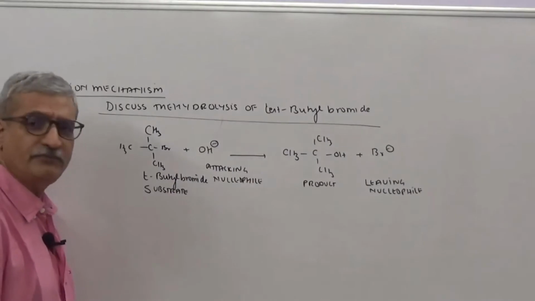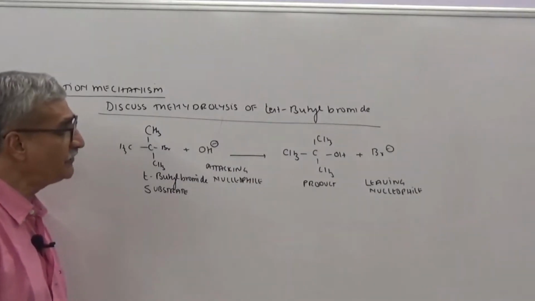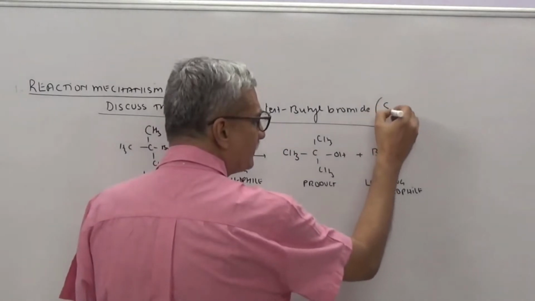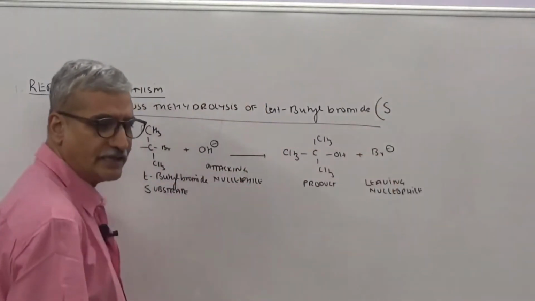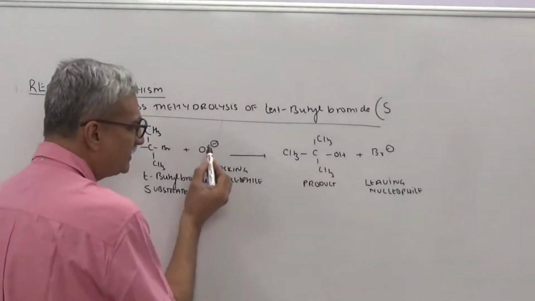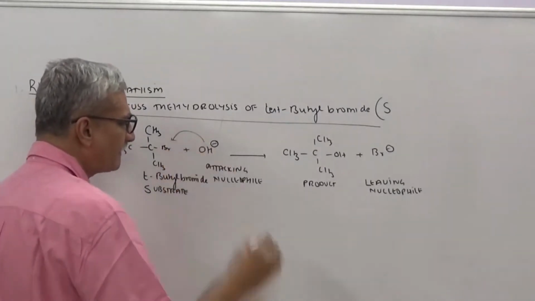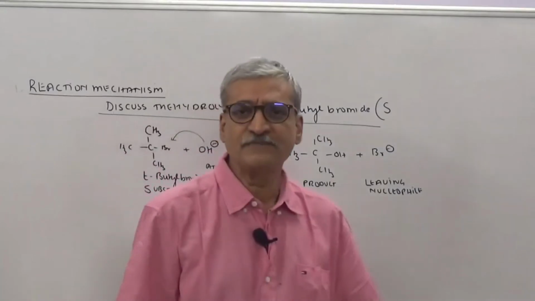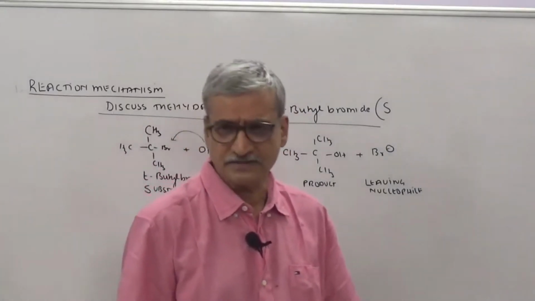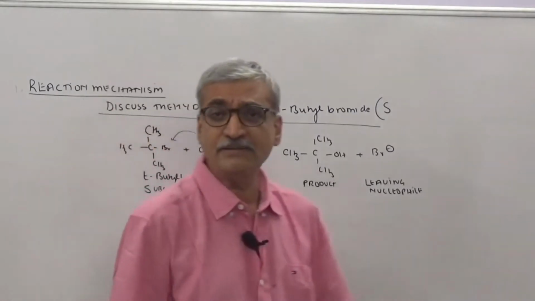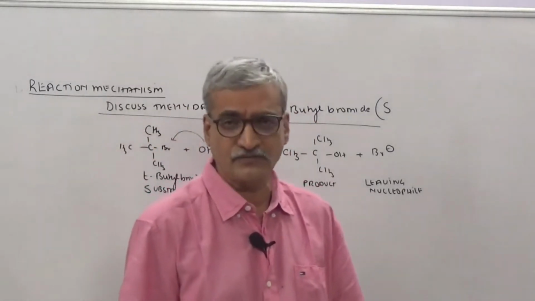So the first step we have to do is understand what kind of reaction this is. Basically, it is a substitution reaction. Why is this a substitution reaction, Sarah? Because OH minus is displacing Br minus. Displacement, or the substitute is taking its place. Is this point clear?